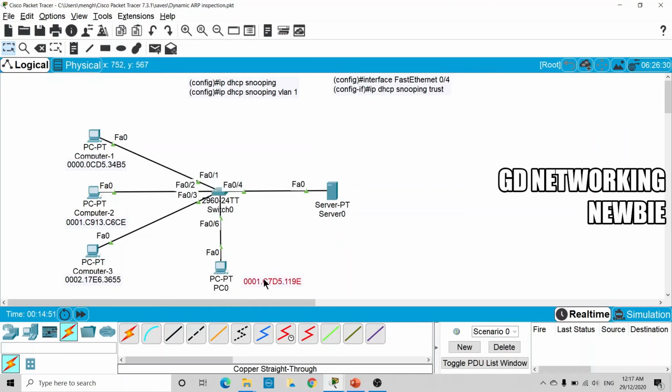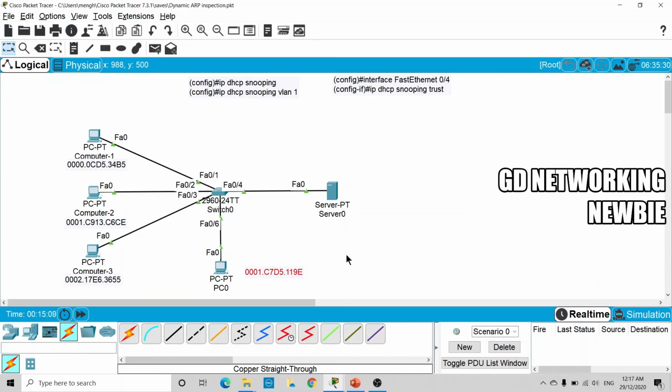And yes, so this is the basic demonstration of ARP inspection, by which we are going to save our network from hackers who use an IP address which was basically assigned to some other computer having a different MAC address.